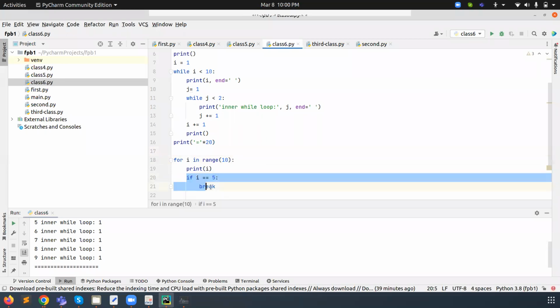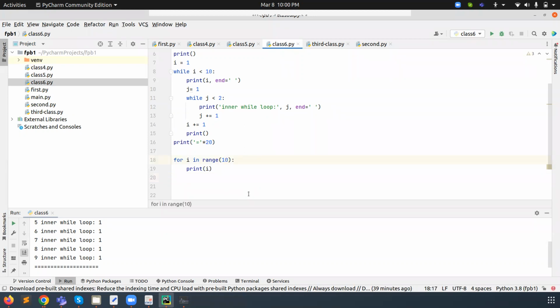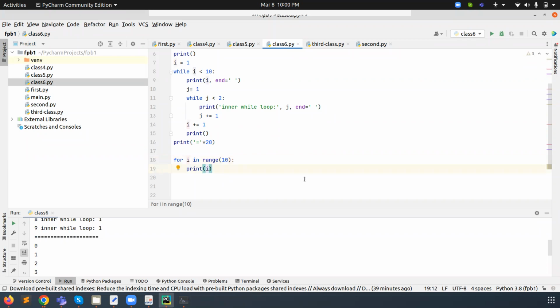If we do not use this, it will print the values from 0 to 9, since we have not given a start value, so it starts from 0. I am using this so it will be easy for us to see the values. So it starts from 0 and prints till 9.